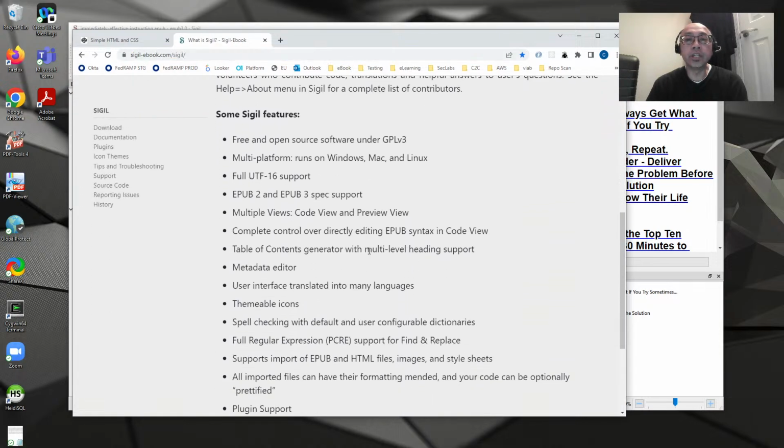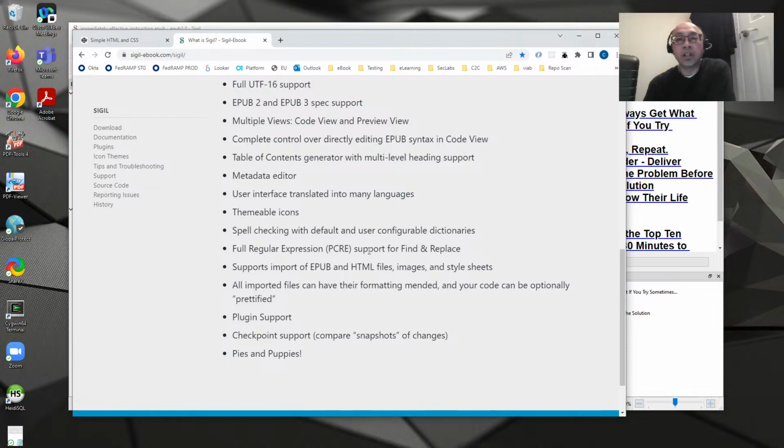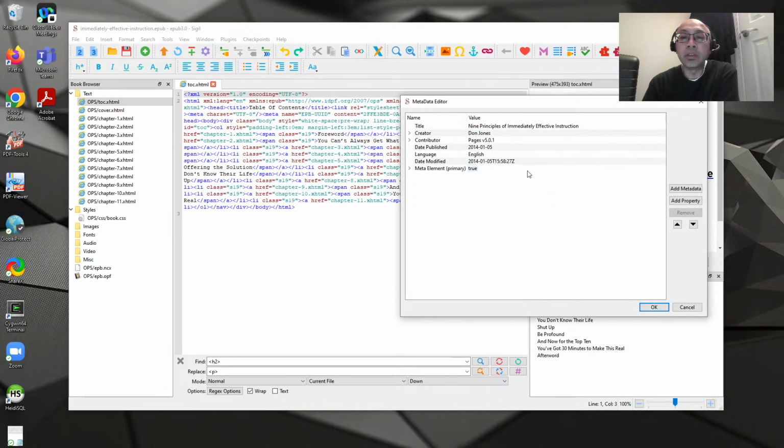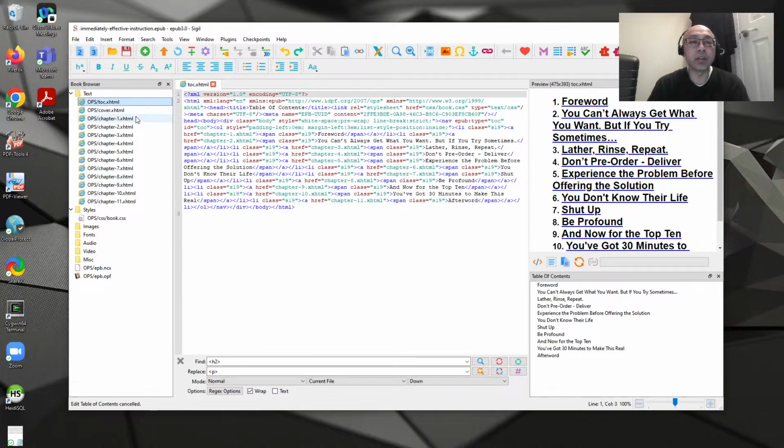It's a full-fledged ePub editor, so there's a lot of different functionality in the tool itself. You can manipulate the metadata, edit these files directly if you wanted to,